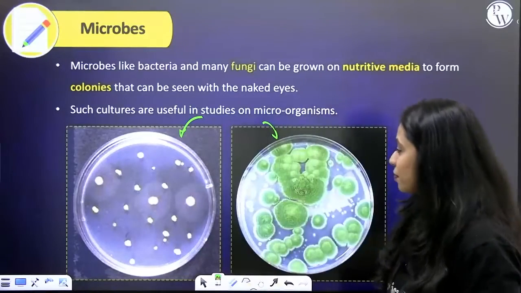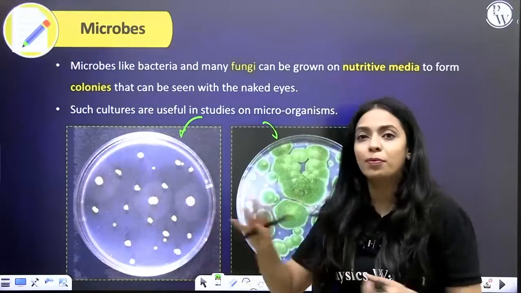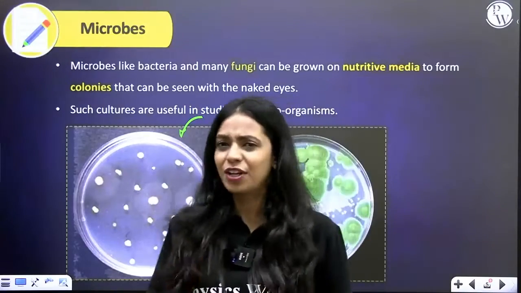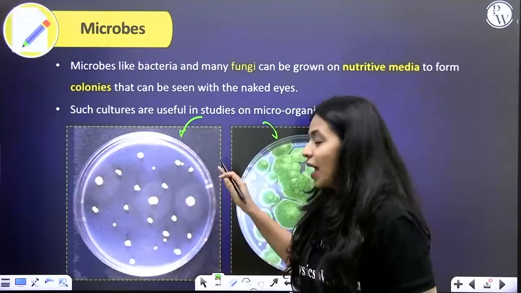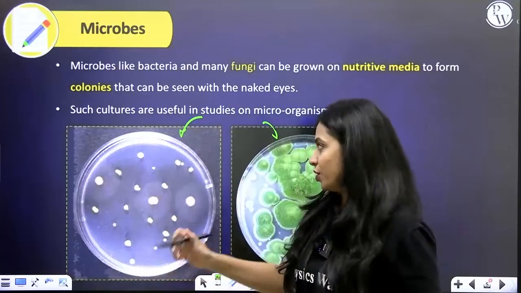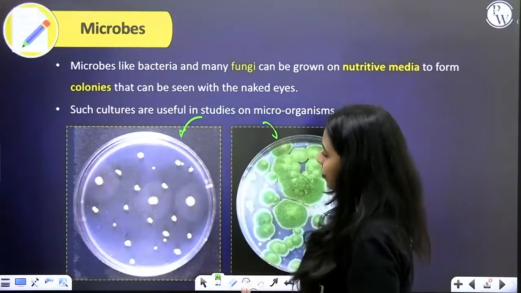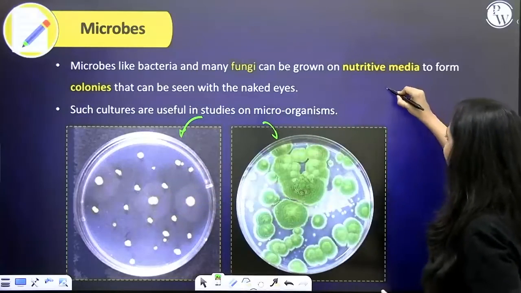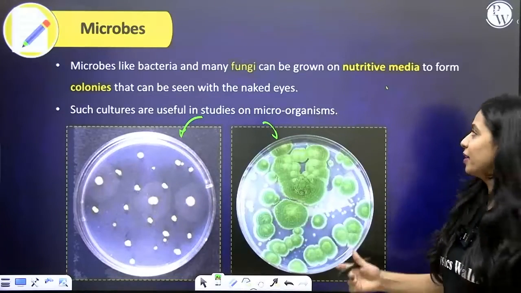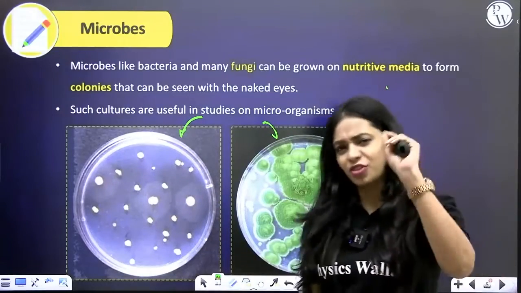And you will give it optimum conditions, like optimum temperature and everything that is best suited for its growth. Once you provide it with all that and keep it in sterile conditions in the laboratory, you will not find any other microbe from the surroundings on this plate. Also, one bacterium you cannot see. For example, if you're culturing a bacterium, you will not be able to see one because it's extremely tiny.